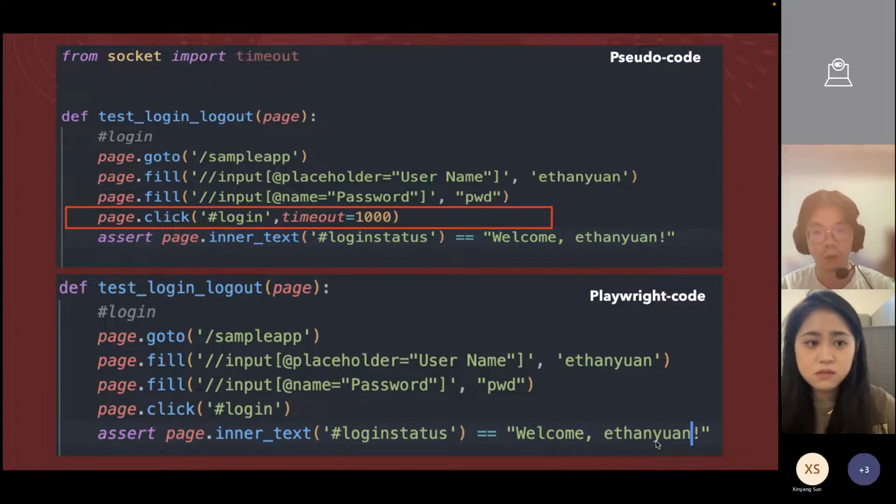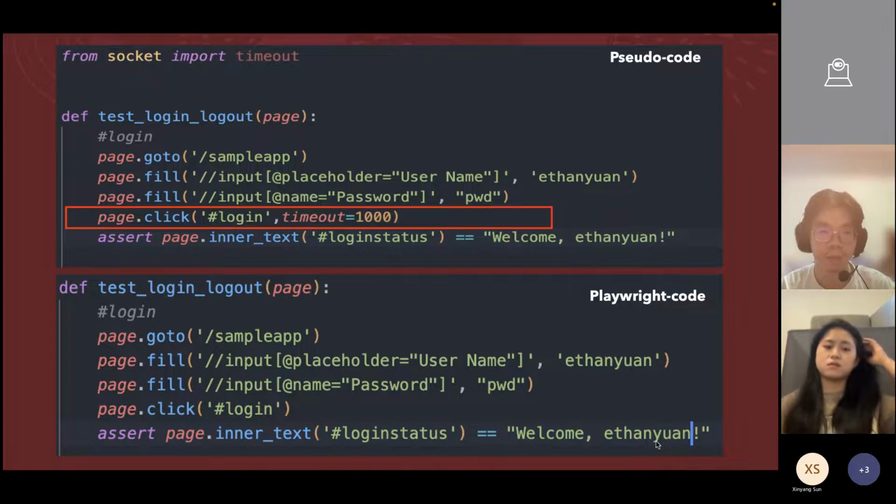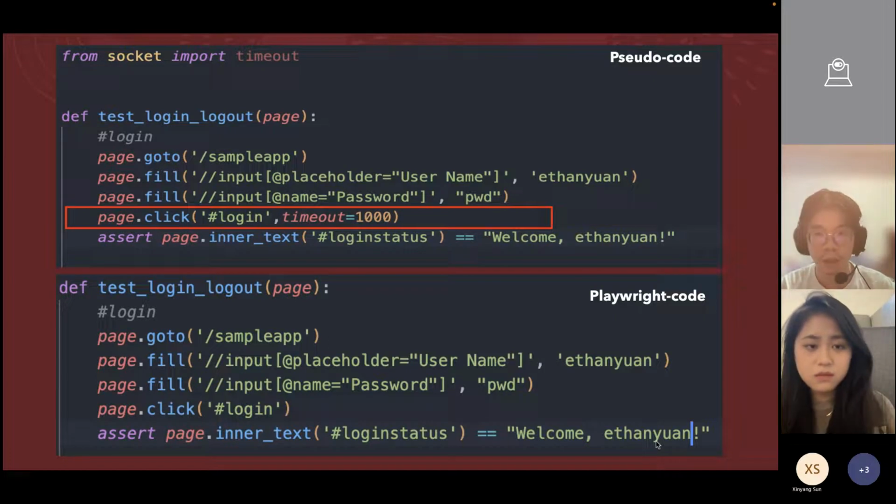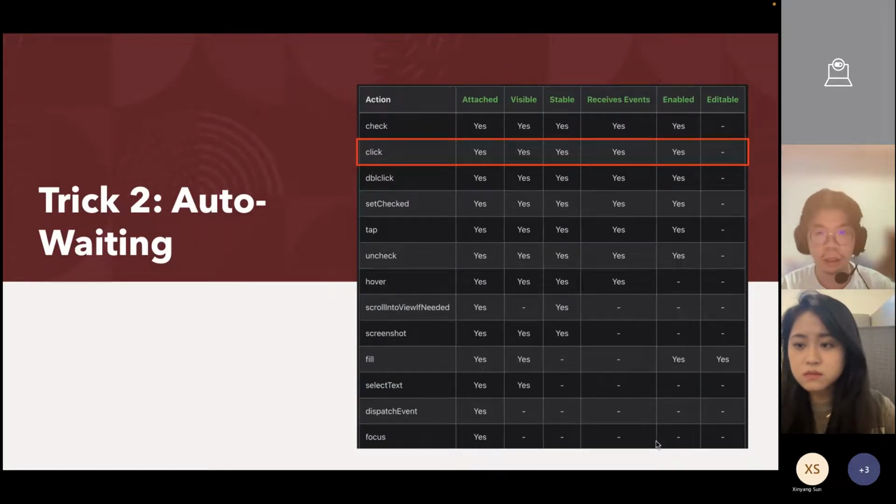So the solution people try is to add one piece of code, the timeout. But people will say, how do we know how long it should be? So it's called a pistol code. But Playwright doesn't need it because it has a function called auto-waiting for each action. Just like what I mentioned with the click, it will check that the element is attached, visible, stable, receives events, and is enabled. So it will check the element or action, when it can be used, and then do this behavior. So it's very, very important.